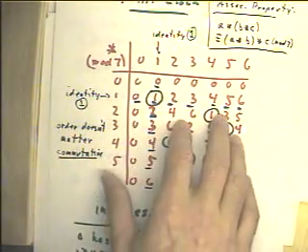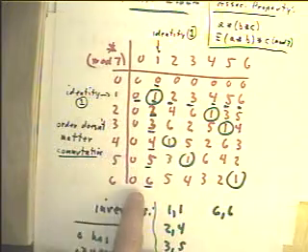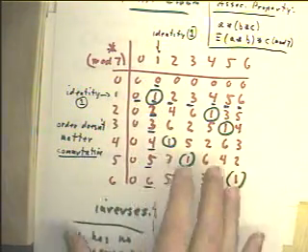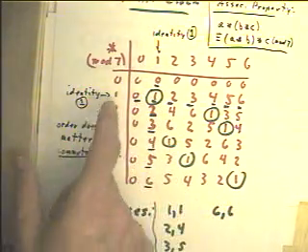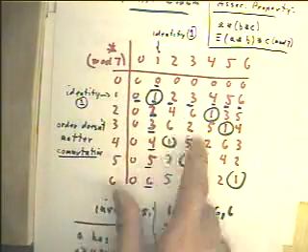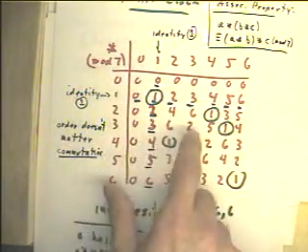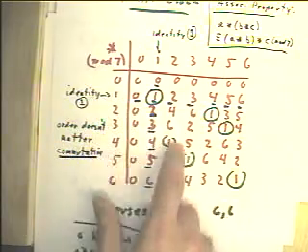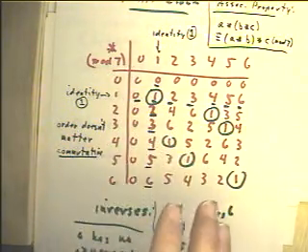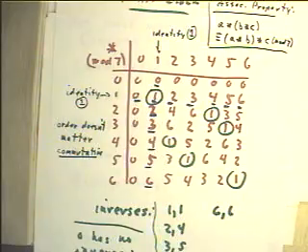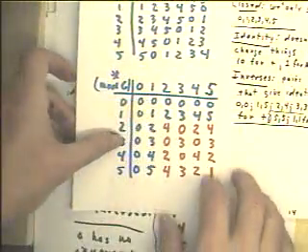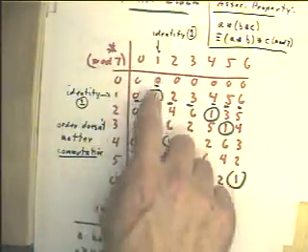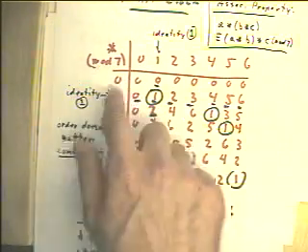Let me point out that if we eliminate 0 from this table, then we still get a table for perfectly good operation. That operation is still closed, because if we eliminate 0 here and here, no zeros appear down here. There's no way we can get 0 out of the numbers 1, 2, 3, 4, 5, or 6 on a 7-hour clock. Now that's not the case on a 6-hour clock. We see that on the 6-hour clock we get zeros all through here. But on a 7-hour clock we get no zeros from any number 1 through 6